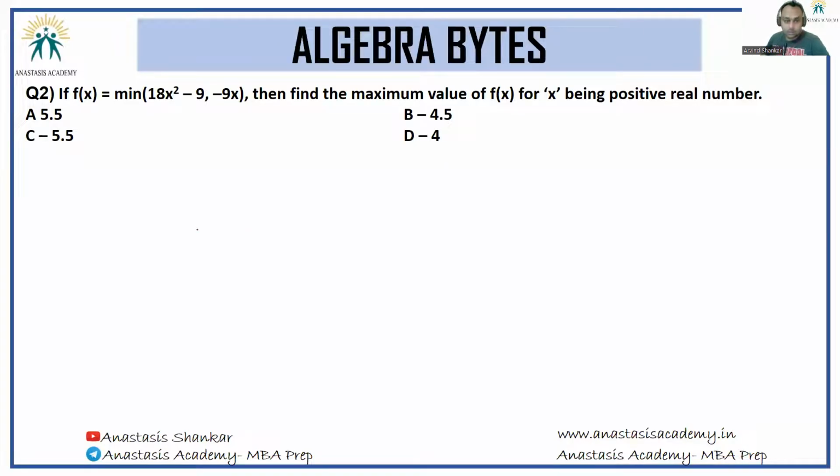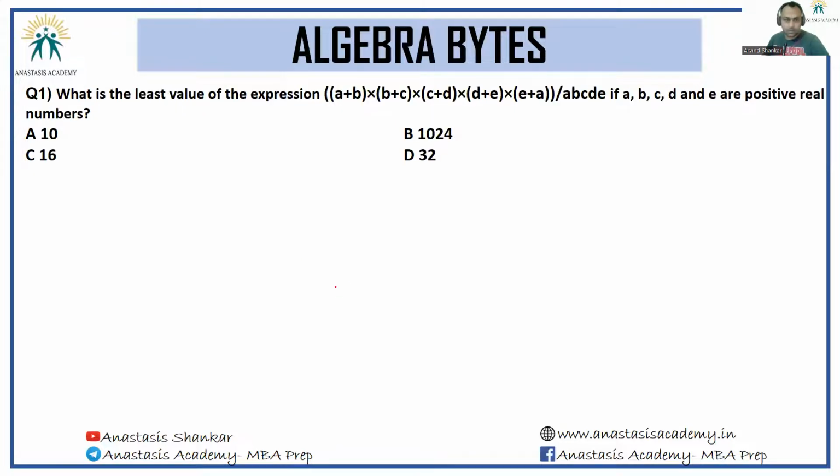Let's look at the solution of algebra bytes. Okay. What is the least value of the expression (a plus b) into (b plus c) into (c plus d) into (d plus c) into (e plus a) divided by a, b, c, d, e